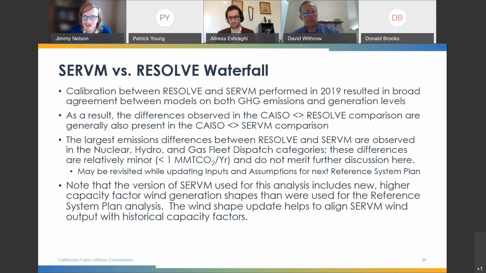But I think the process of going back and forth between these two models is one that's never really finished. So we're up for suggestions of ways to sync them better, and if they start to get out of alignment, we will work to get them back in alignment. And final slide.